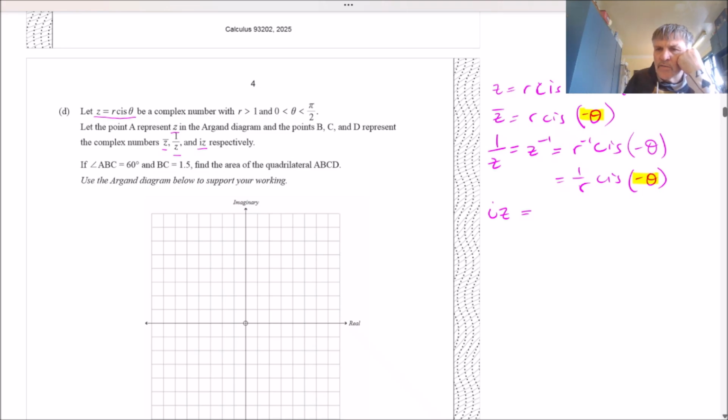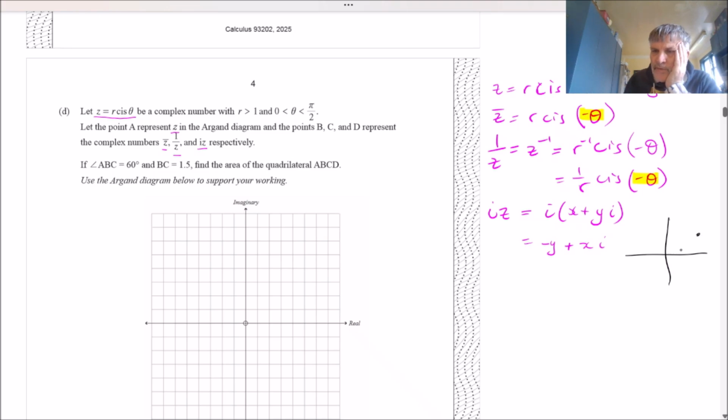Well, even just write it as x plus yi. So it's I times x plus yi, which is ix, xi. I times I is minus 1, so minus y plus this. And then if we draw a picture, we can get a better